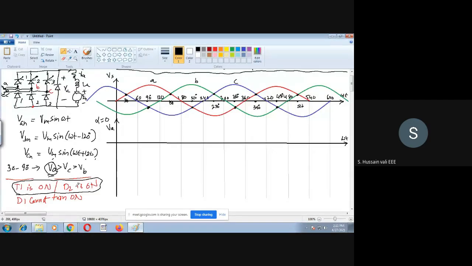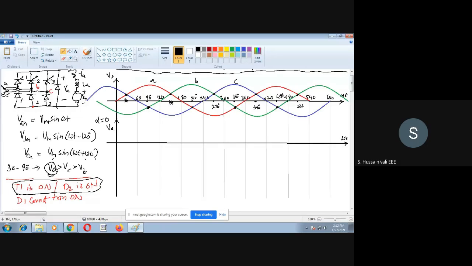Now among the bottom leg, that is D1, D2, D3, D1 cannot be turned on because it is exactly below T1. So now you have the option of either 2 or 3. If you assume 3 is on, then it is forcing 2 also on. If 2 is on, then B is there, so 3 will be turned off. So only one option is left here. Every time, one switch in the top leg and one switch in the bottom leg will be turned on, not more than that.